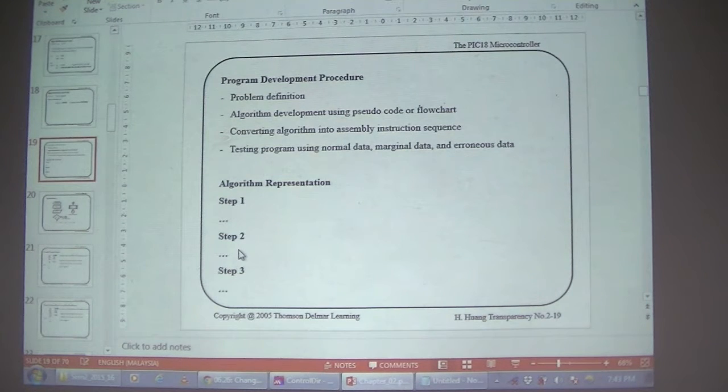So once you have written that, we also have actually done this. Do you realize in tutorial 2, what the first thing we do? We try to identify what is the problem definition, what the question wants. Then what we do is we do the algorithm development. Of course, we didn't use pseudocode or flowchart, but what we did, we actually drew pictures, right? We drew pictures. Okay, first, do this one first. Move from here to here, and we draw arrow. Then we label this is 1, this is 2, this is 3, this is 4. And then what's the third step we did? We actually